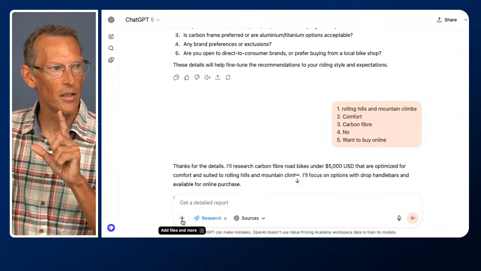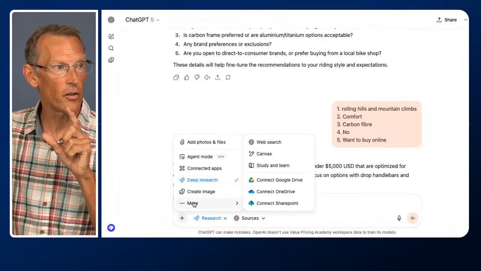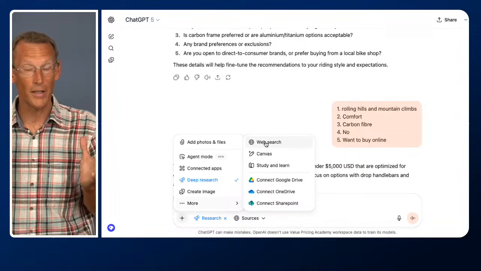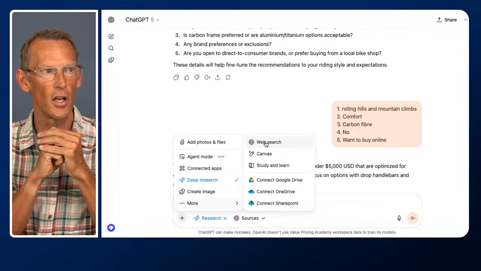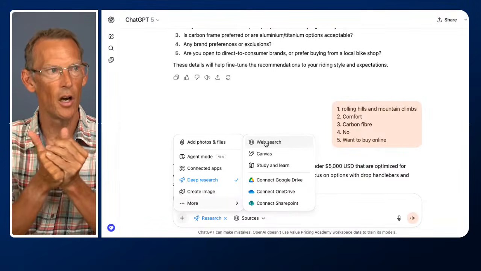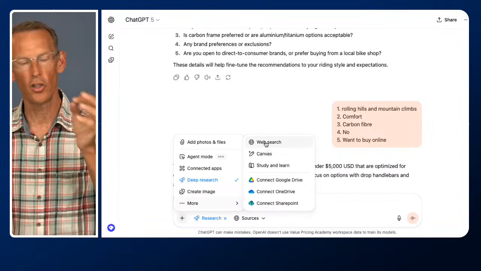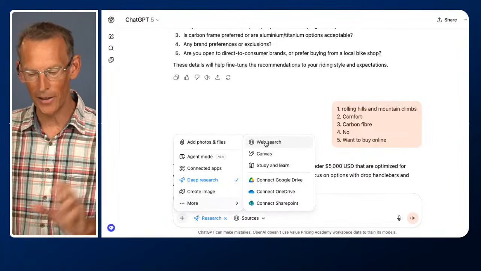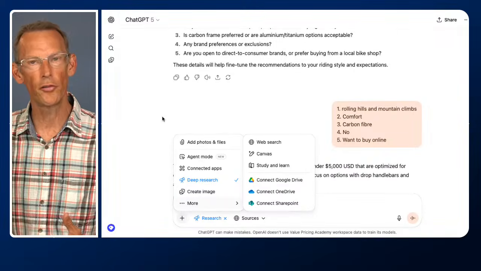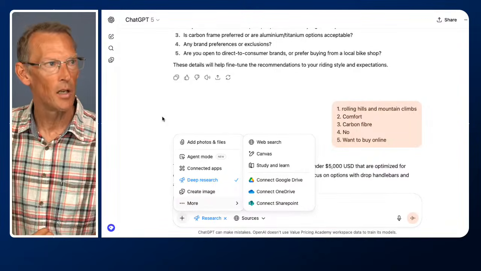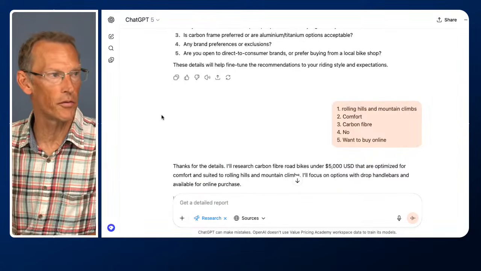Now, you could instead use, within the tools, the search option, web search. Web search is great. It'll search the internet. The shortfall of web search is it typically only looks at 5 different sites, and usually ones that appear high up on the list of Google. What deep research does is it goes much deeper. It searches more websites to find out exactly what's best for your needs. So that's why I would use deep research if I'm buying a product rather than a quick web search. I don't mind it taking me 10 minutes because this could save me a lot of pain buying the wrong thing.